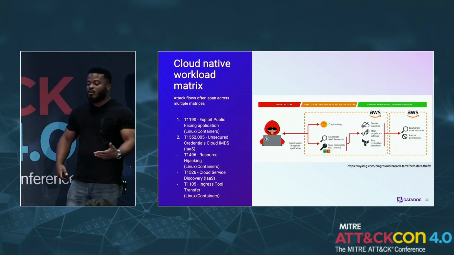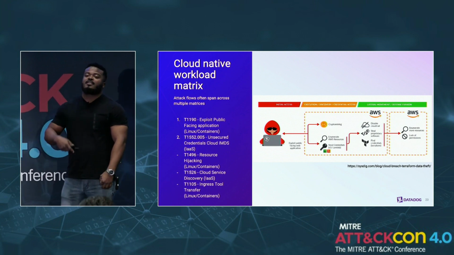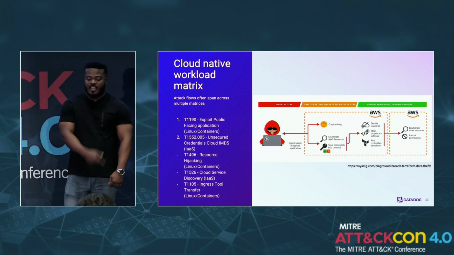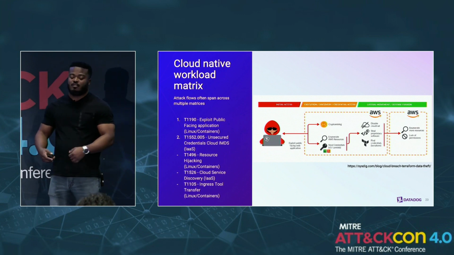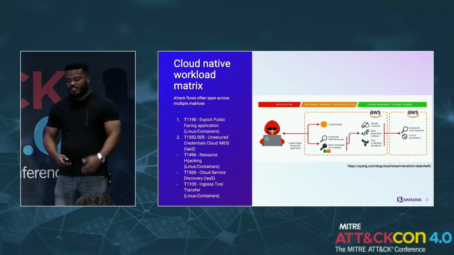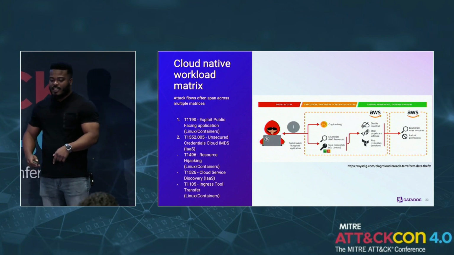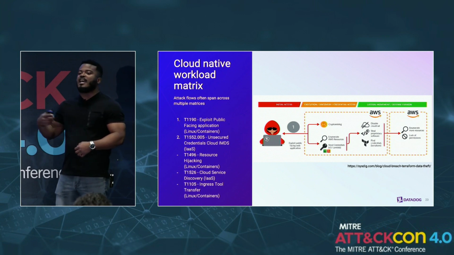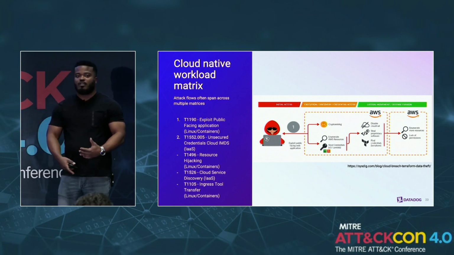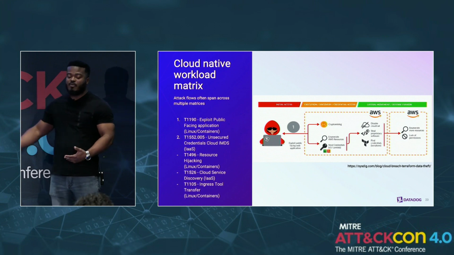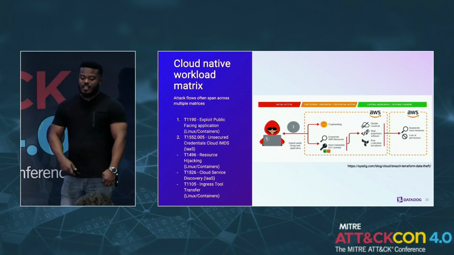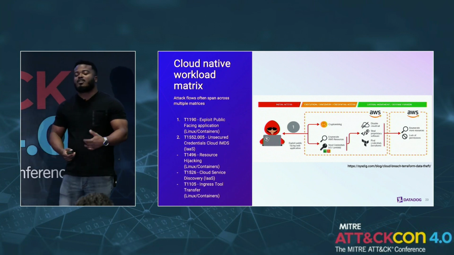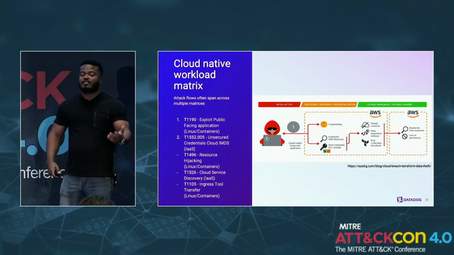So for an example, in our Scarleteel scenario, they actually exploited containers running Jupyter notebooks. That falls squarely within exploiting public-facing containers, which exist within the Linux and containers matrix. But then we look at some other things that they did. For an example, they used IMDS in order to pivot from the workload itself to the AWS instance. That falls within unsecured credentials or cloud instance metadata service, which falls within the cloud or infrastructure as a service